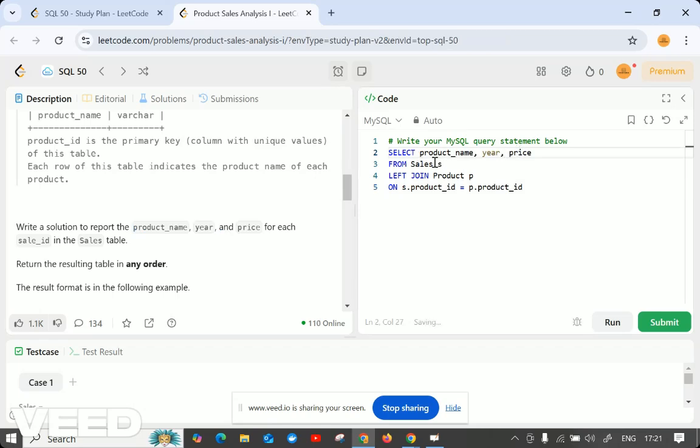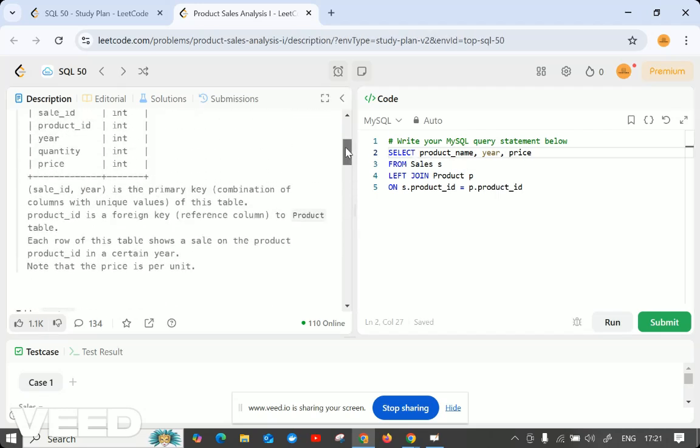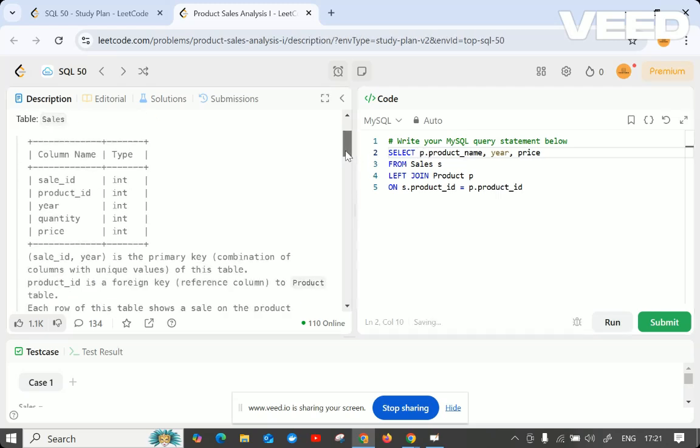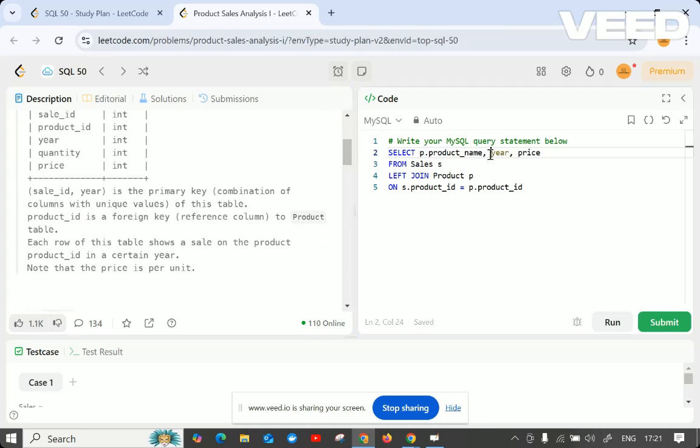There is no repetition of that column in both the tables, so that works. And also, if you want to be specific, the product name is from the product table, that is p dot product name, and these two things are from the sales table, so s dot. Like this you can give, just submit this and see how it works.